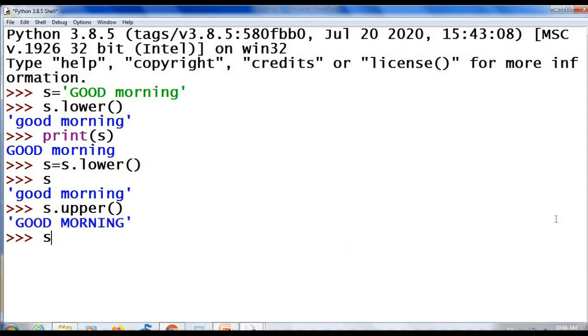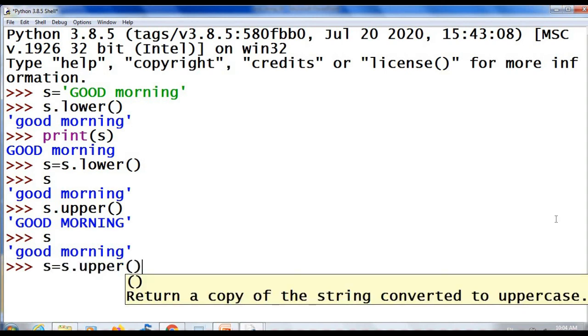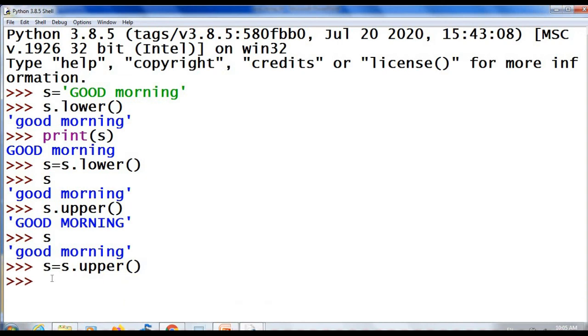See, the value of s, it doesn't change. Just like in lower, if you want to change the content of s, you have to give s = s.upper(). Then this upper method will return the uppercase equivalent of the string, and that is assigned in s. Now s contains the uppercase string. Clear?